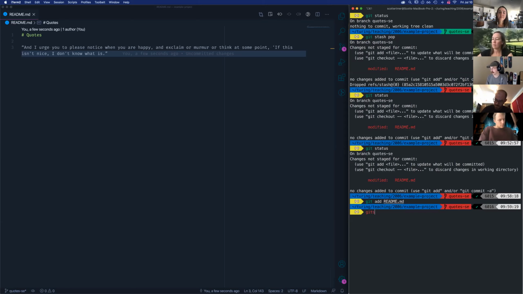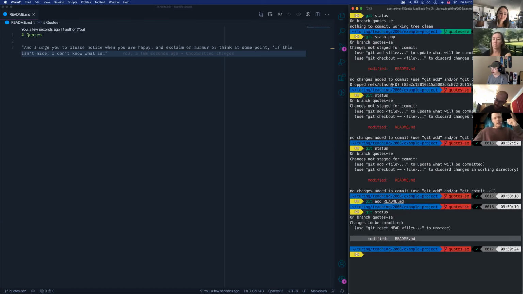I'll do another git status. And now I see that it's modified, but it's in green, meaning it is ready to be committed. It has been staged for commit. So now I'm at the point in this process where I can commit these changes, lock them in. And so I'll do git commit -m